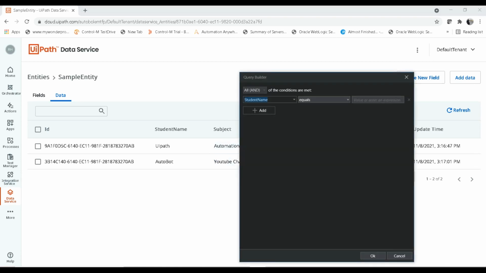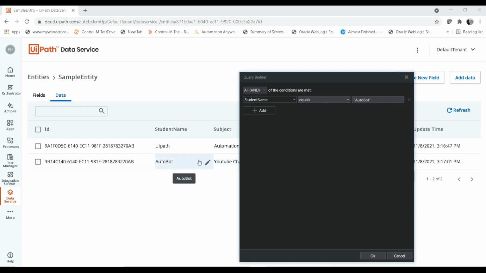So let's see how we can utilize that. So student name equal to, what should be the condition? Okay, I'm going to just add Autobot.